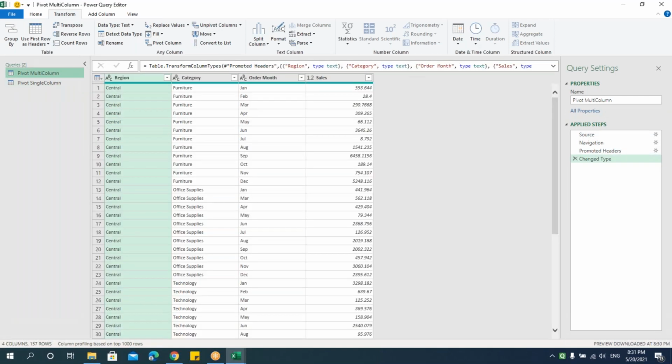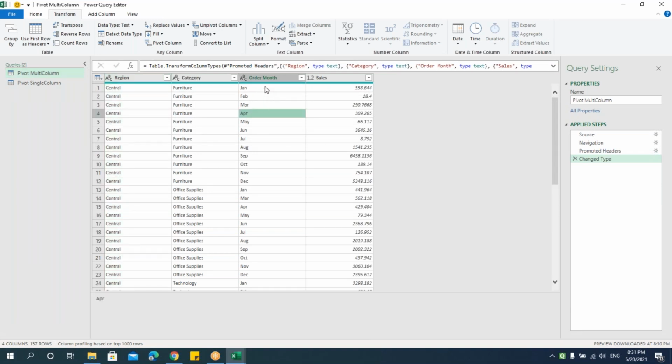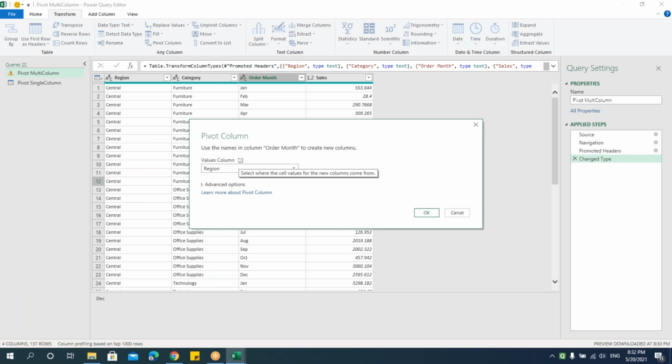We'll see another example. Here I have January, February, March. I want the order month to become column headers. Selecting this, go to transform and click on pivot column. Same option here, it asks for the value field.